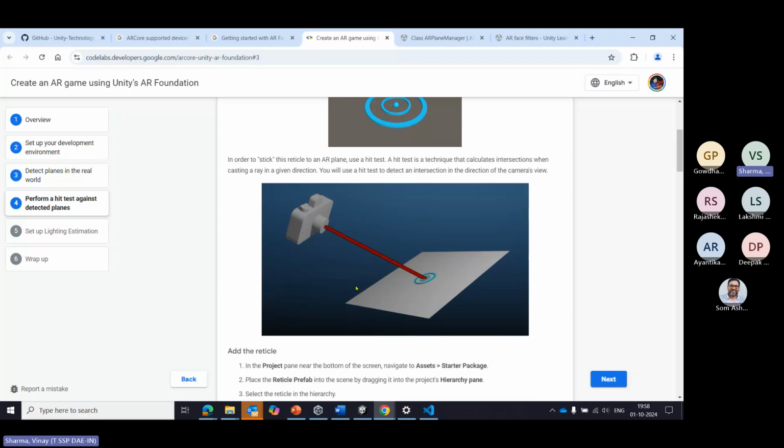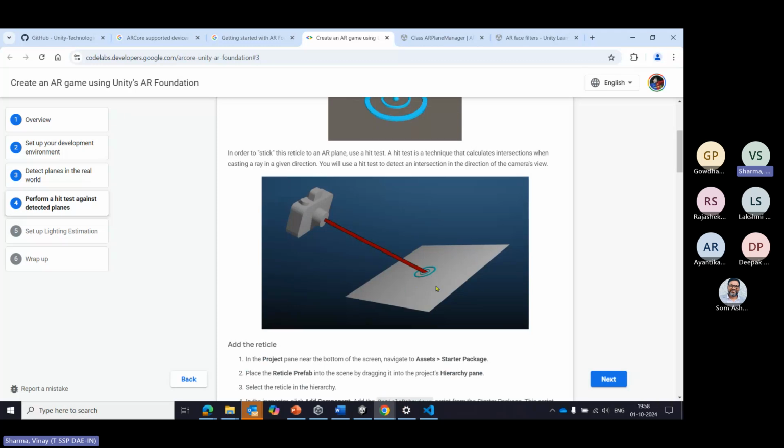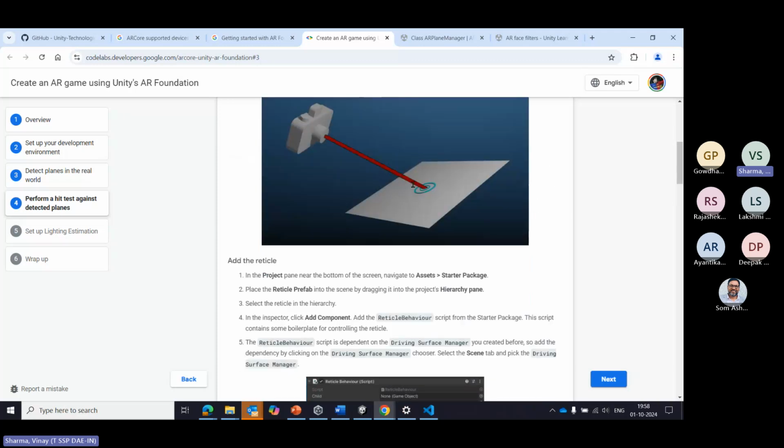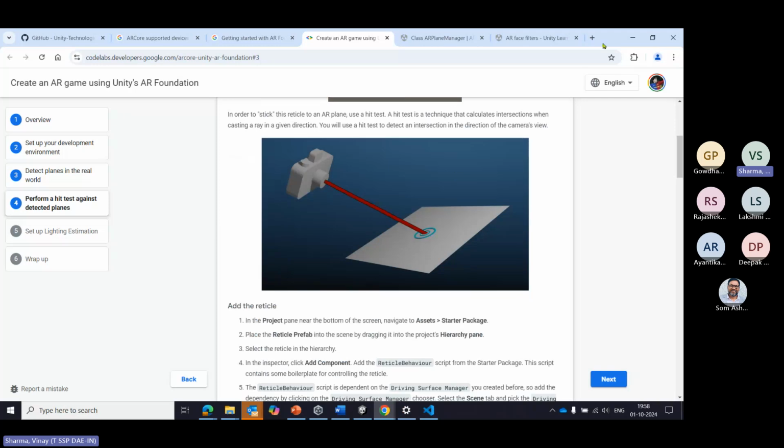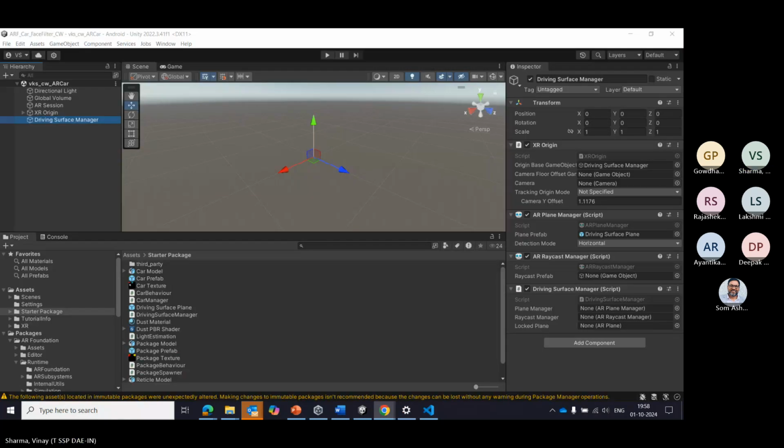If this plane is detected and the hit is returning something, okay, a virtual plane with some ID is detected, this is how plane detection works, then I spawn this particular reticle. Otherwise I keep looking for the plane, keep searching for the plane, right? So now what I want to do is